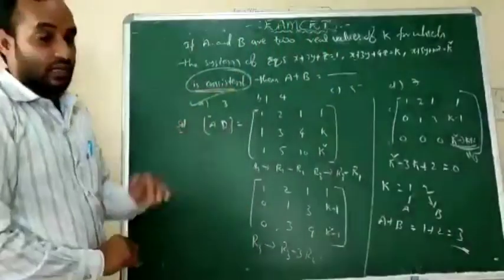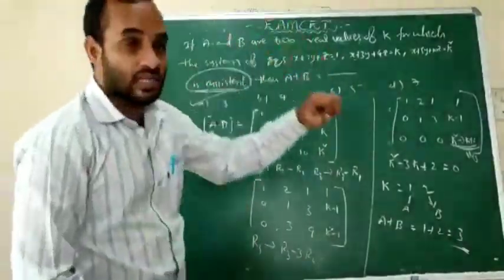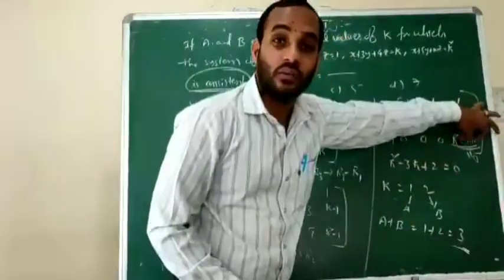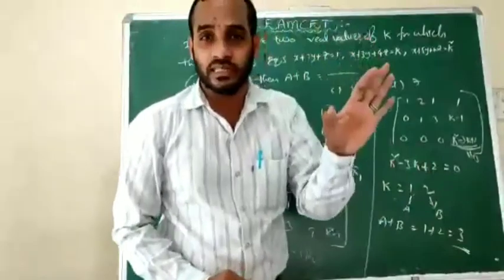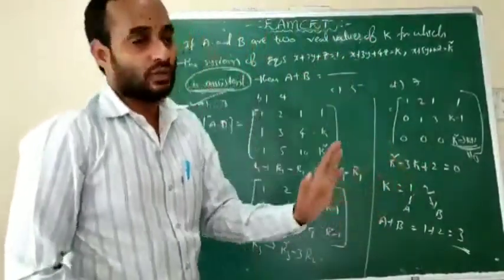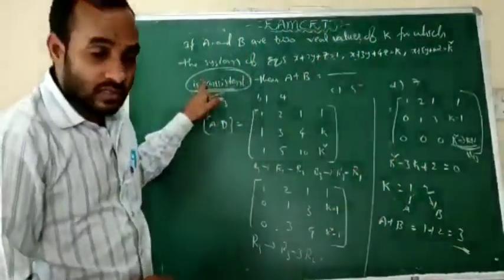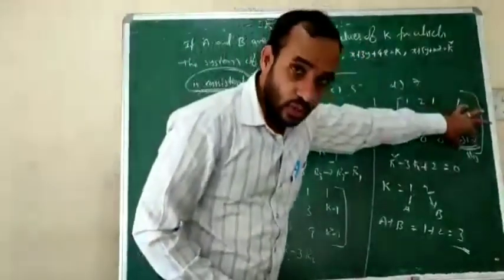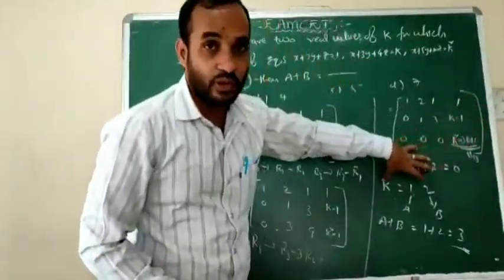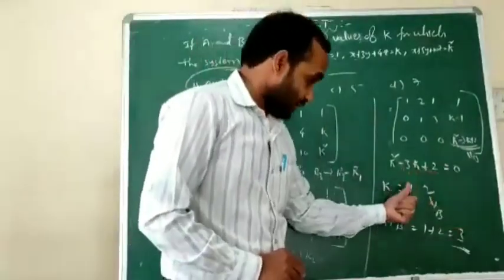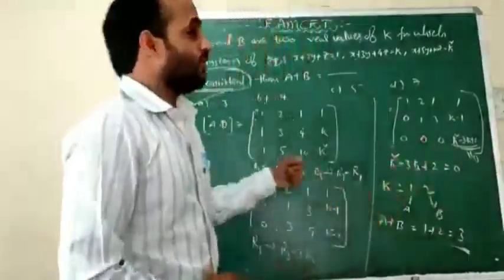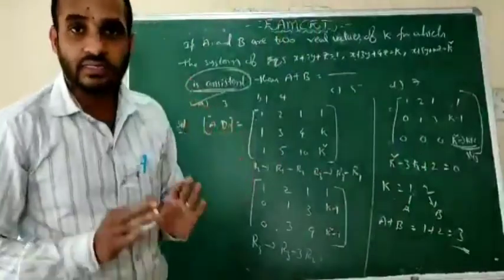A is the correct answer. In case of inconsistency, it should be not equal to 0, that is, k not equal to 1, 2. But for consistency it should be 0. Here 0 means the k values will be found. K has two values, one is A, another is B. The sum of the values is 3. Answer A is the correct.